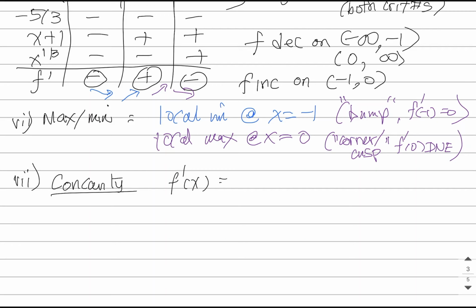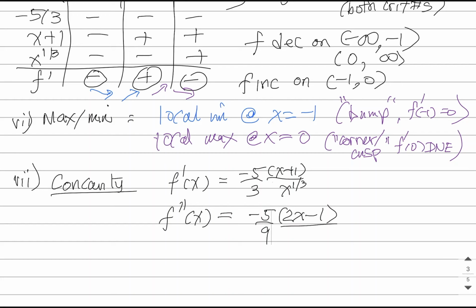f prime of x was given by this expression. You could write it as a product. However you want, you should have more than enough ability to go through and take the derivative of this. If you were to take the derivative of this and then do the work to factor it, you will end up with the following result. So it's a similar looking expression,